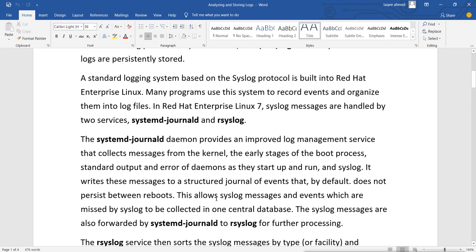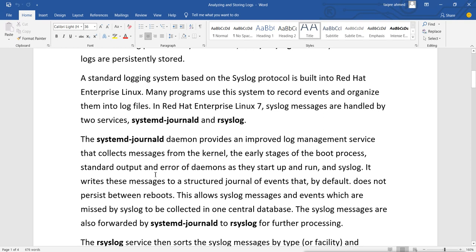Now this allows syslog messages and events which are missed by syslog to be collected in one central database. The syslog messages are also forwarded by systemd-journald to rsyslog for further processing.